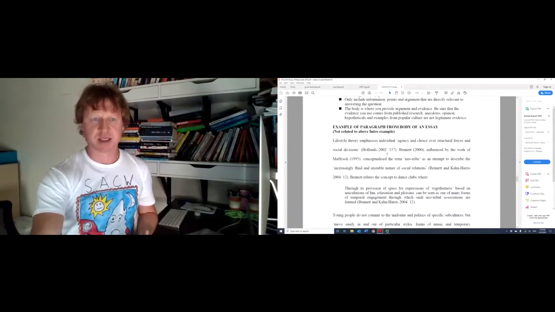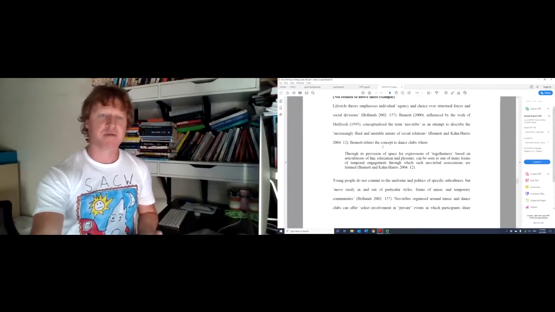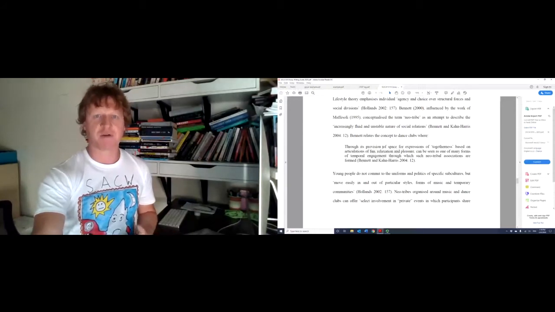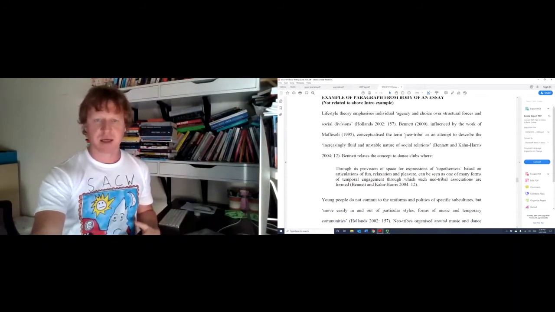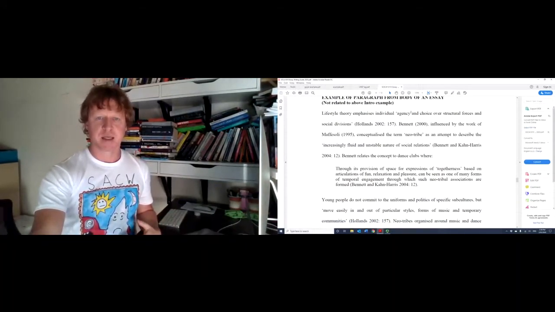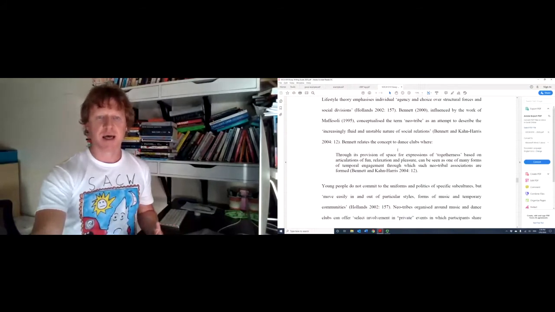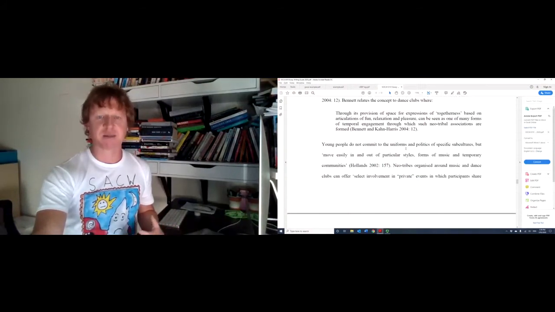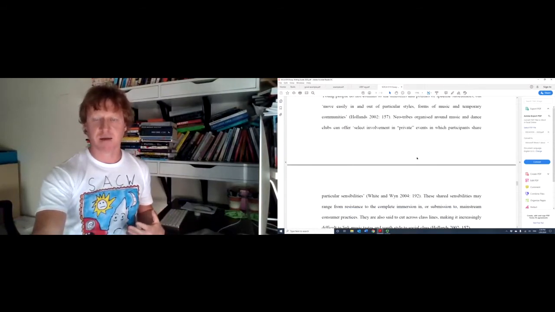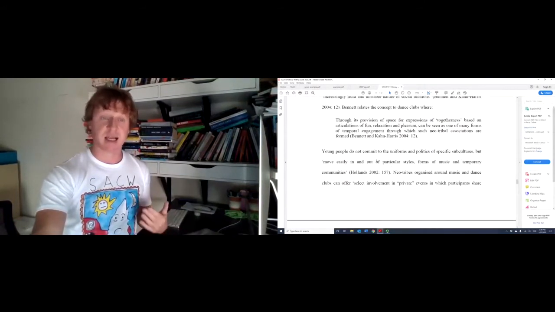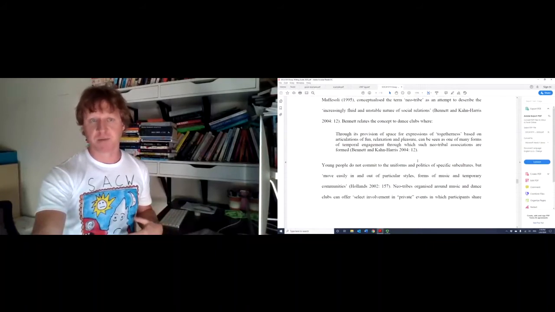Example of an introduction there. In a paragraph, this is a kind of good example of a paragraph, I suppose, out of an essay. Notice how regularly this is being referenced. So it's not just after quotes, it's after when things are paraphrased, but you can see this is very much referencing very regularly throughout, showing exactly where all this different information comes from.